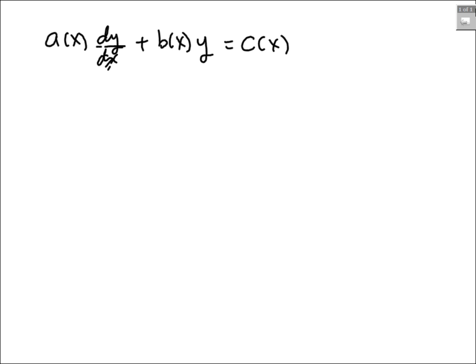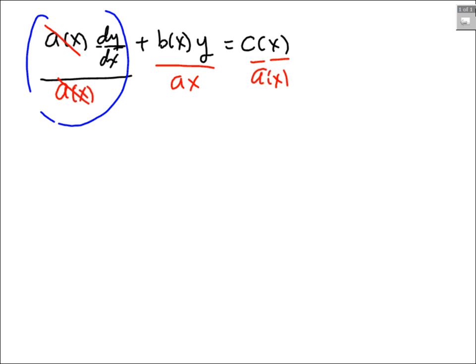The first thing you want to do is have the multiple of dy/dx be 1. That is, we want to divide by a of x, to divide all terms by a of x. This fraction is just dy/dx plus